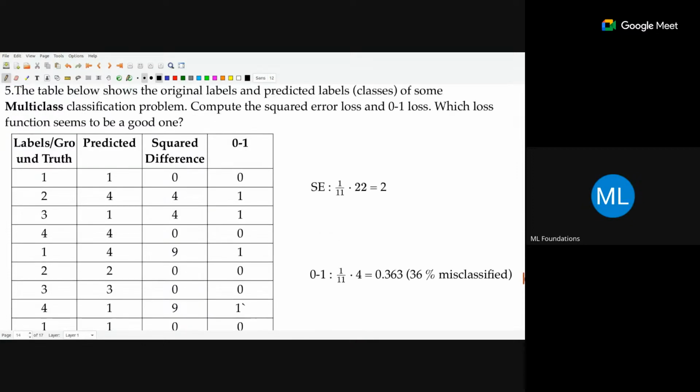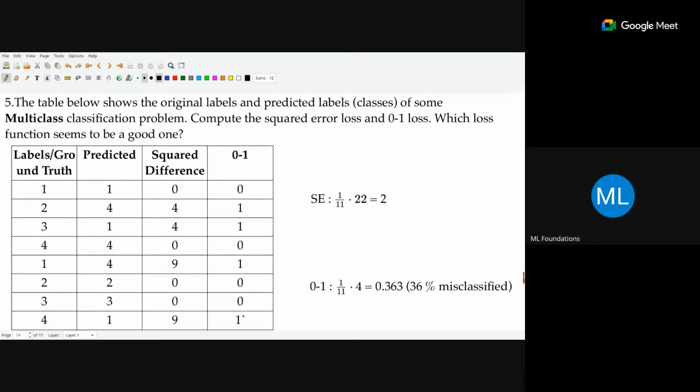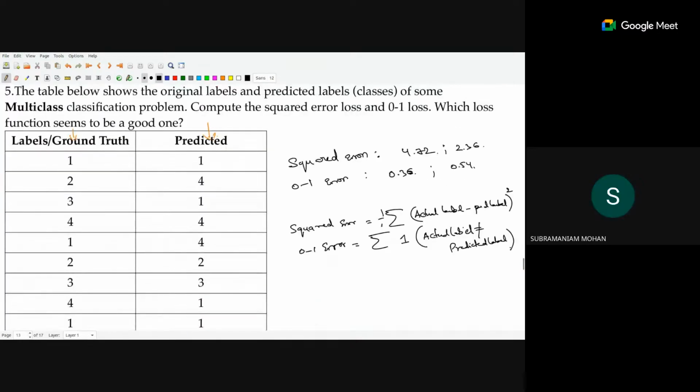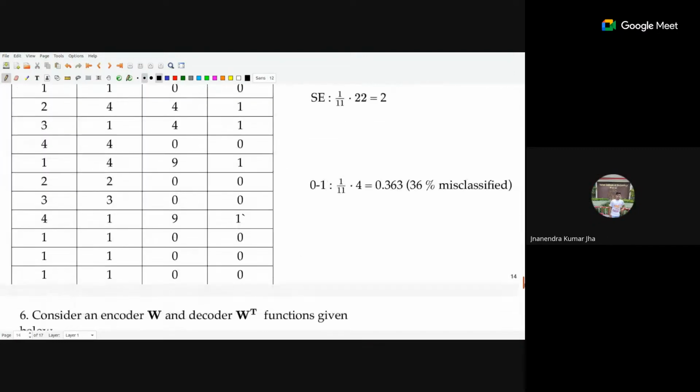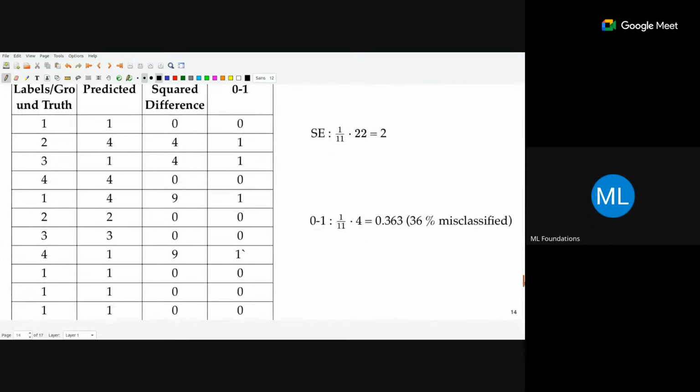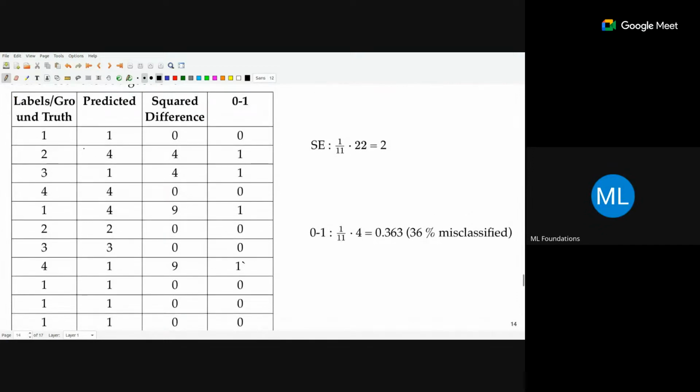So it doesn't matter, even 22 or 1 by 11. It's just like, error, I think it is 26 divided by 11, not 22. Yeah, it's going to be 26. So let's see. The first one is